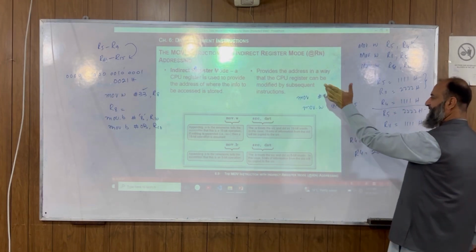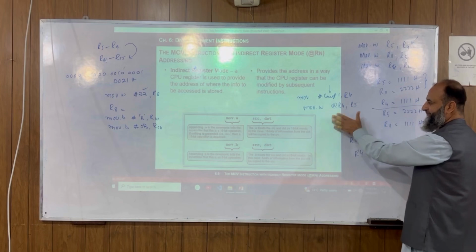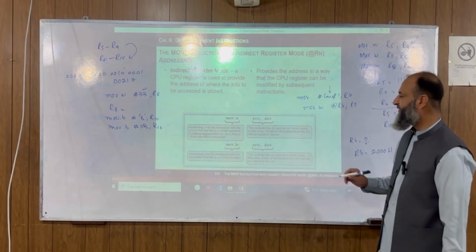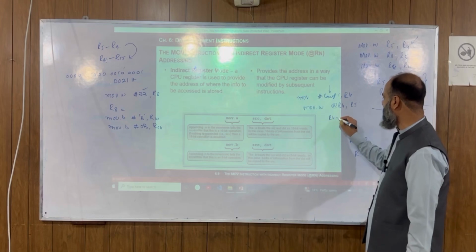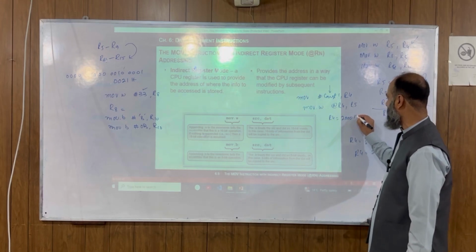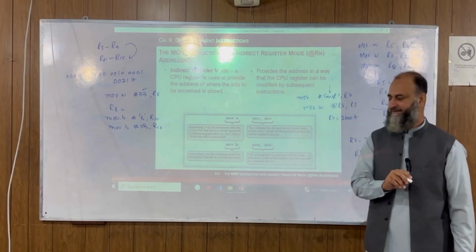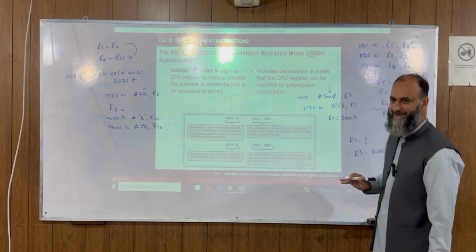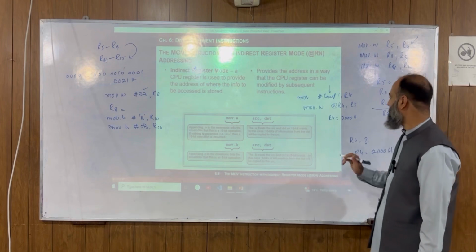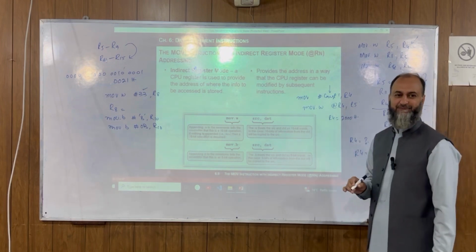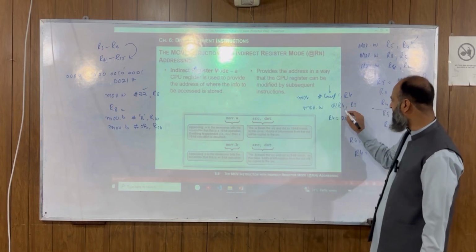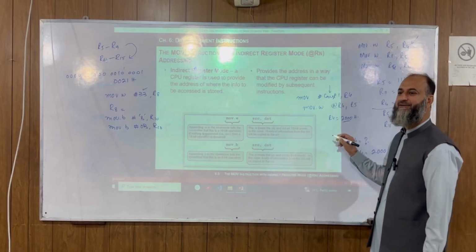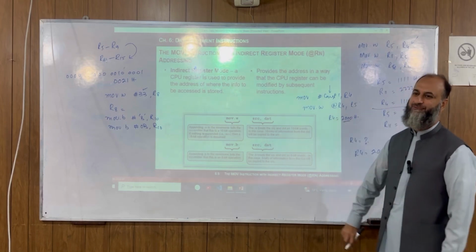This is different from this one, and also different from the previous one. So we have an @ at R4, whatever is the contents of R4. For instance, R4 is equal to 2000 hex. If there were no @, simply the contents of R4 would go to R5. Is it right? Now that there is @R4, what does it mean? The R4 content will become the address, and at that particular address, whatever is the value is now going to be stored into R5.